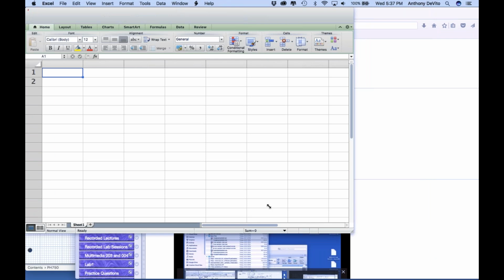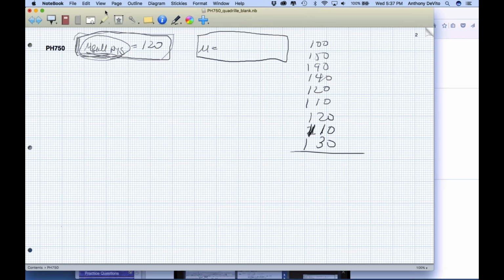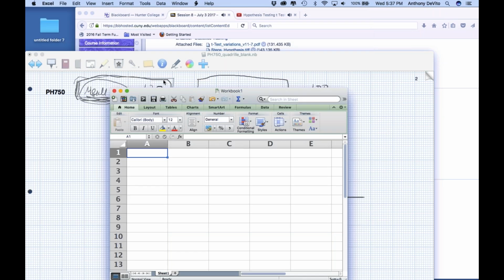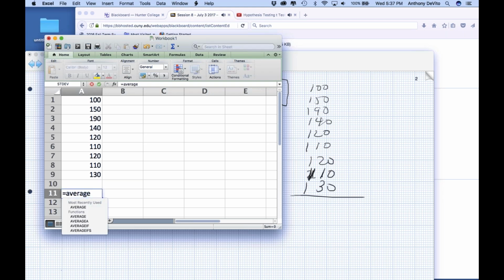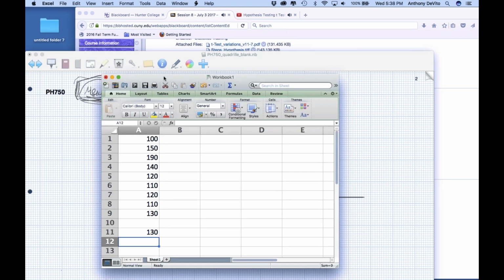Okay, 100, 150, 190, 140, 120, 110, 120, 110 again, and 130. Okay, so I'm going to find the average for doctors. The mean, in other words, is going to be 130. So it's higher than nurses, but we don't know if that difference is due to chance